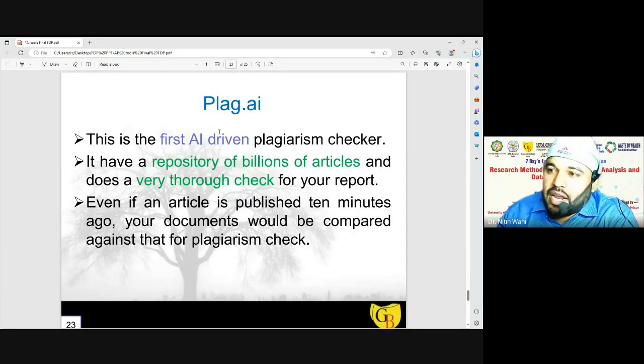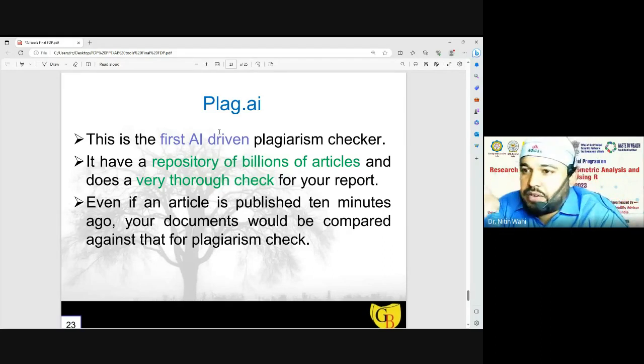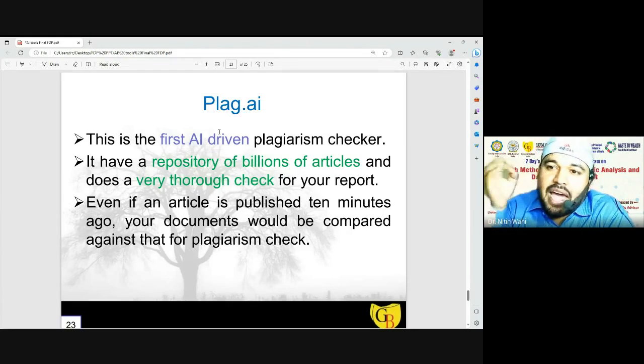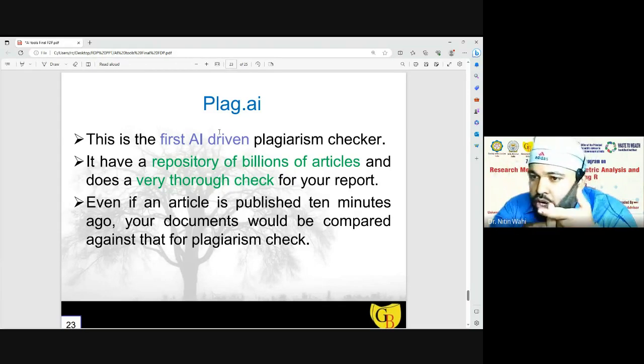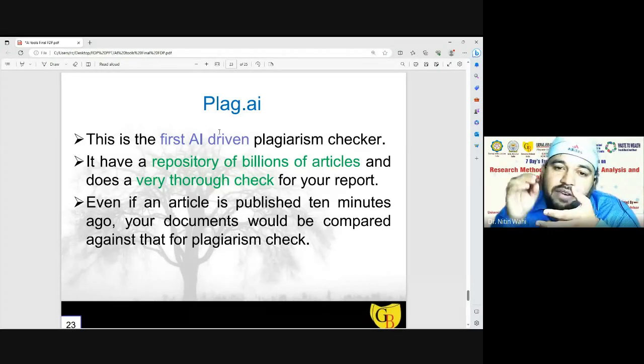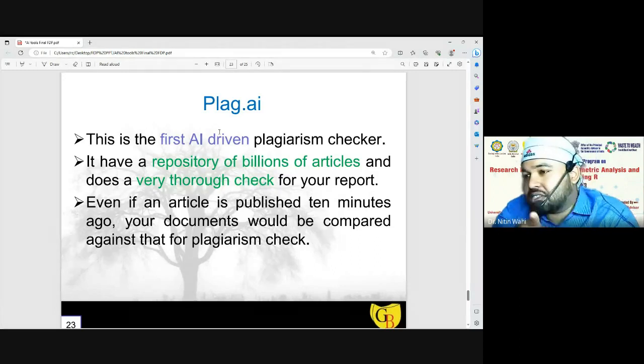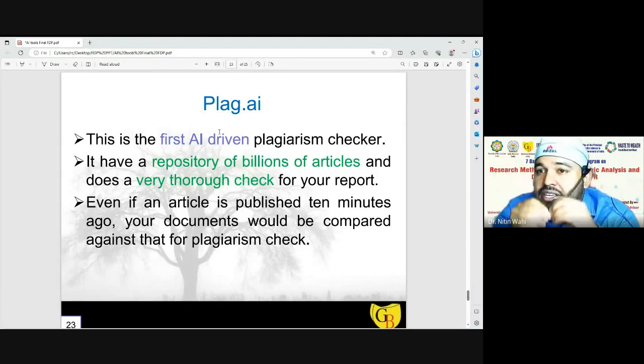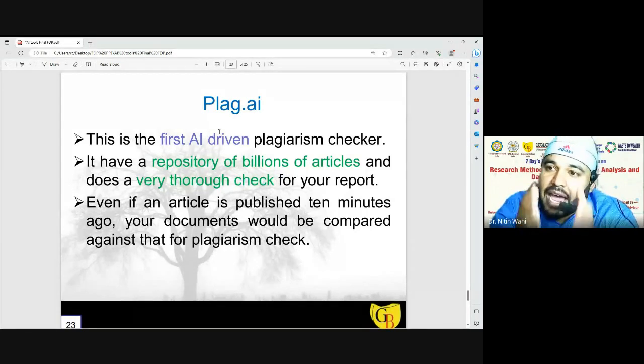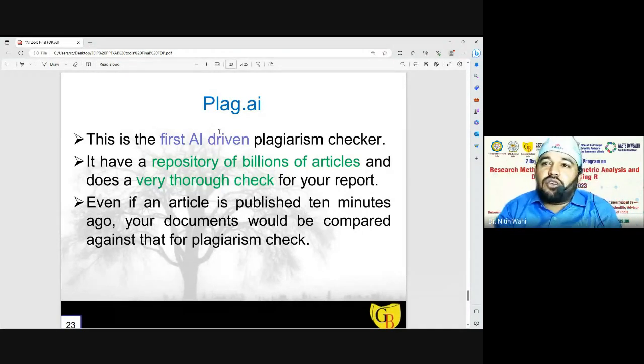Plag AI. Now this is another tool. People were asking me, sir, can we have a free plagiarism checker? Because see, now Turnitin is also paid. There is this Trinka, which is also paid. I want a software which is absolutely free, just like Research Rabbit. Can I use any software which is absolutely free and provides me a plagiarism report? Yes, there is an AI software, and my dear friends, it is Plag AI, absolutely free, and it will provide you the